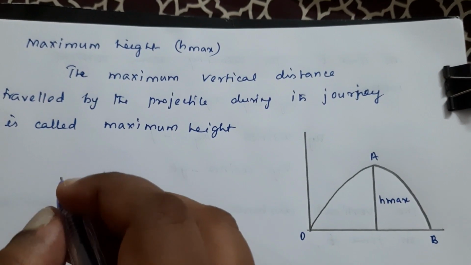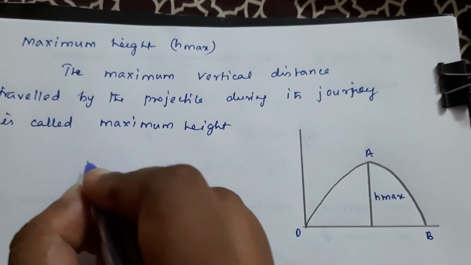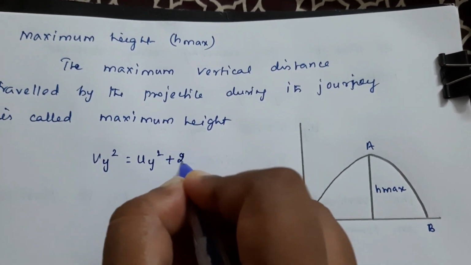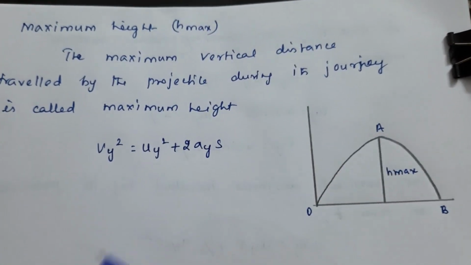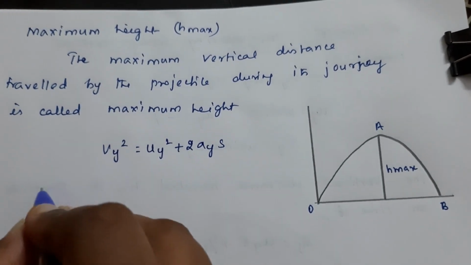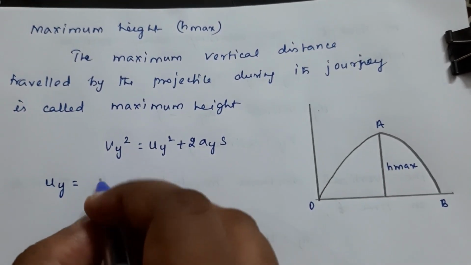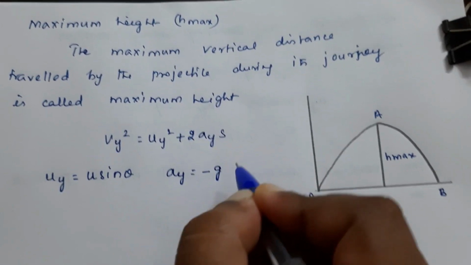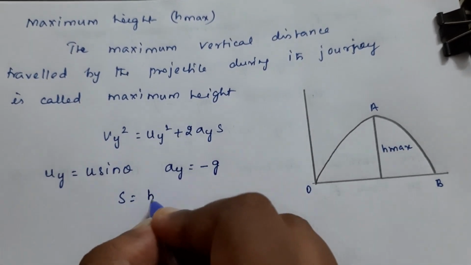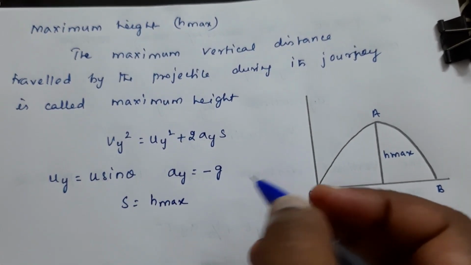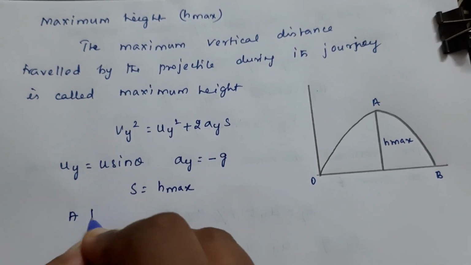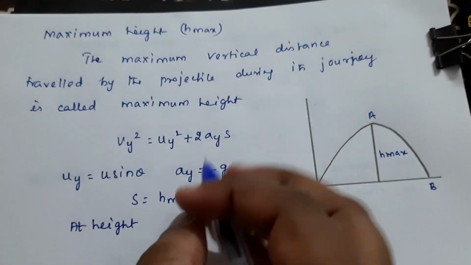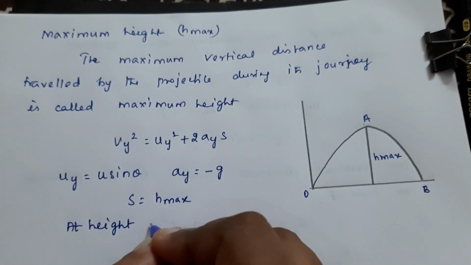Okay. So to find out the maximum height, we are using the equation Vy square is equal to Uy square plus 2Ay S. So we know Uy is equal to U sin theta, and Ay is equal to minus g. Here your S is h maximum. S is what? h maximum. So at the height A,